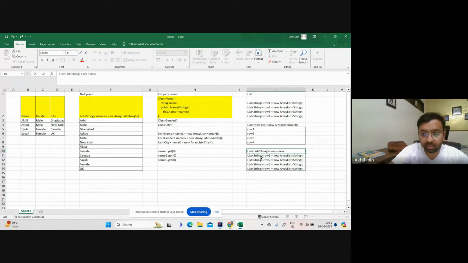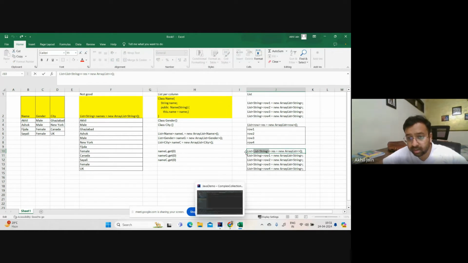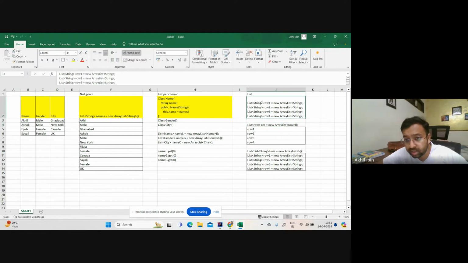Const equals to new array list. You can do something like this. And if you would compare list string, this part, this is same as this row. What was your row? Row was this part. And look at this part,